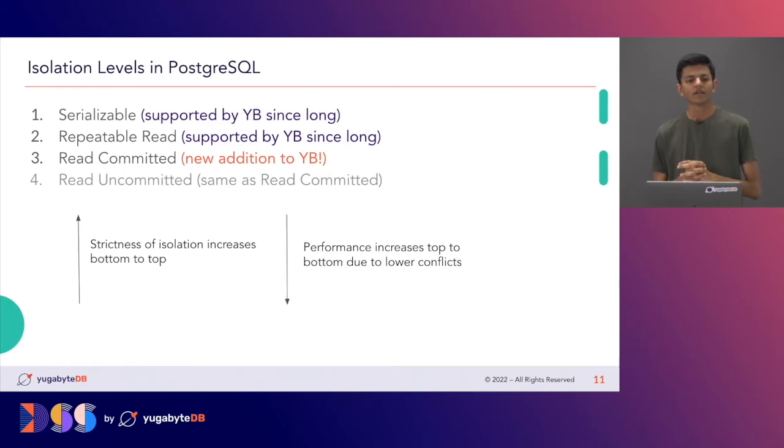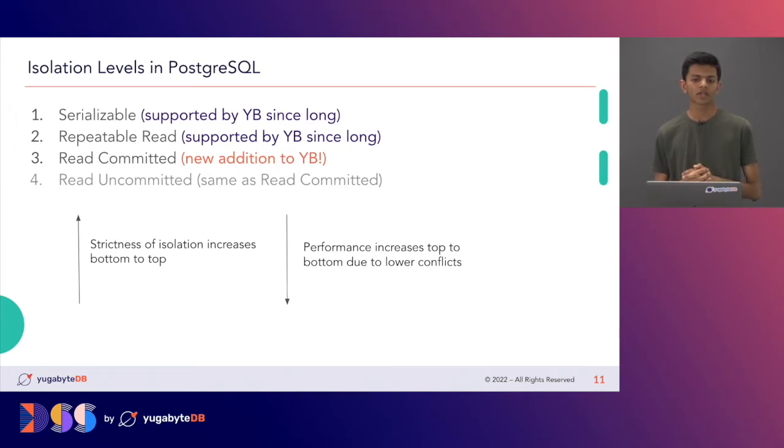which is read committed. Now Postgres has 4 isolation levels, just 3 actually. The 4th, which is read uncommitted, is the same as read committed, right? So you see the first 3 isolation levels. Now they are ordered in decreasing order of strictness, and so serializable is basically the strongest, and read committed is the weakest. Now as you go down, you get less strict isolation levels, but you get more performance because there's less conflicts, right? So now just keep that in mind, and given that